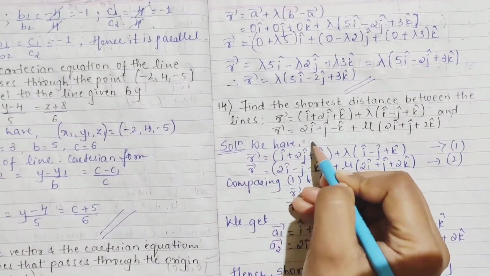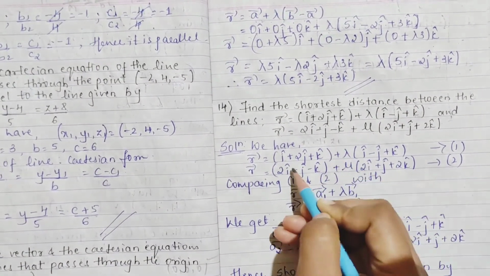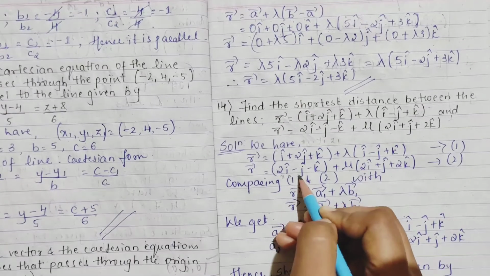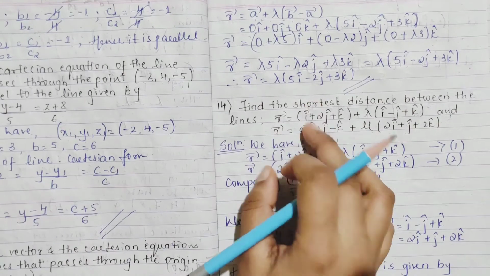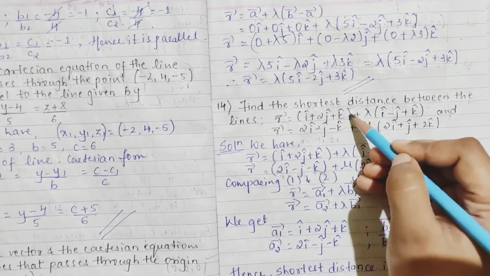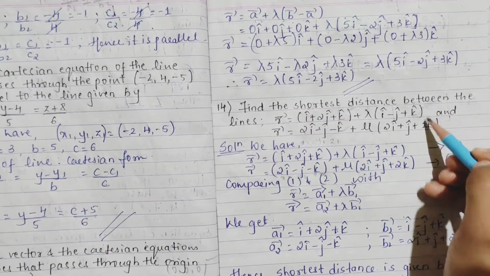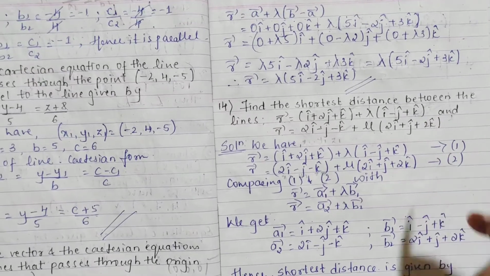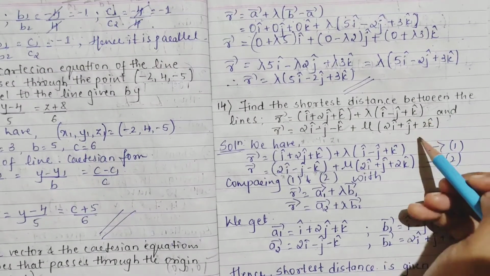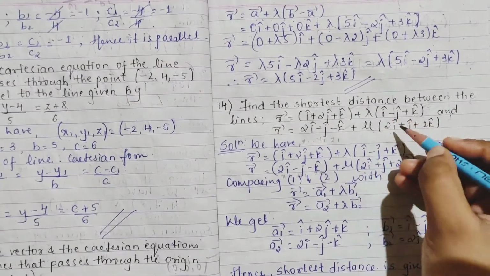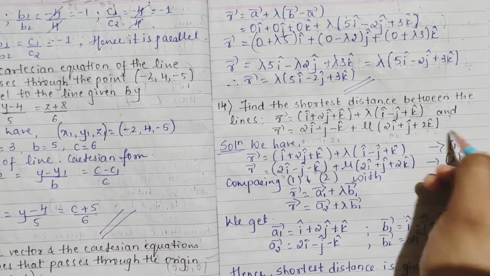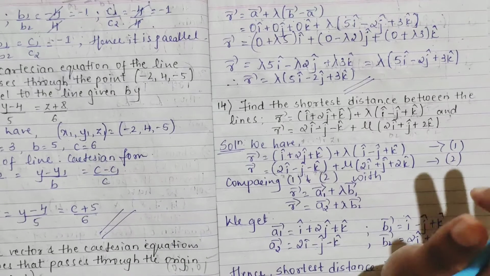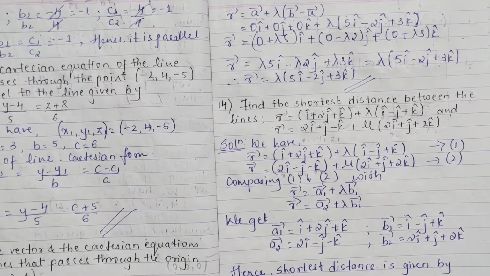See here for your Cartesian form, this will be your x1 y1 z1, this line will be x2 y2 z2, okay, because here they have given between two lines, which means these are the points, given points, and these are the vectors. Vector A means one vector and the other vector, these will be a1 b1 c1, and this will be a2 b2 c2. Simple. Try in your Cartesian form too and see what you'll get.